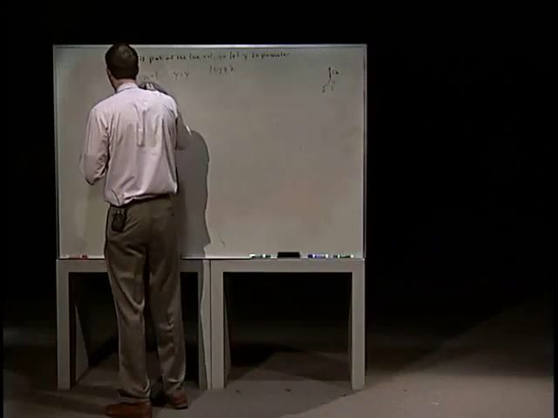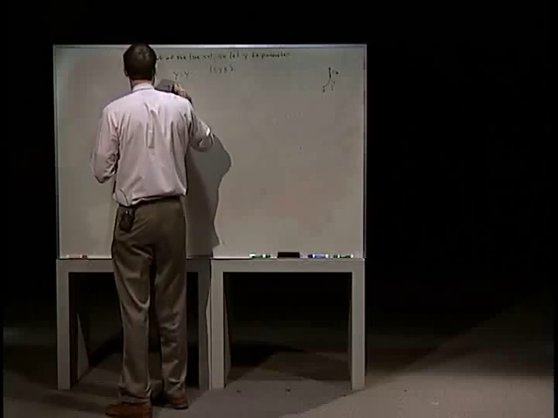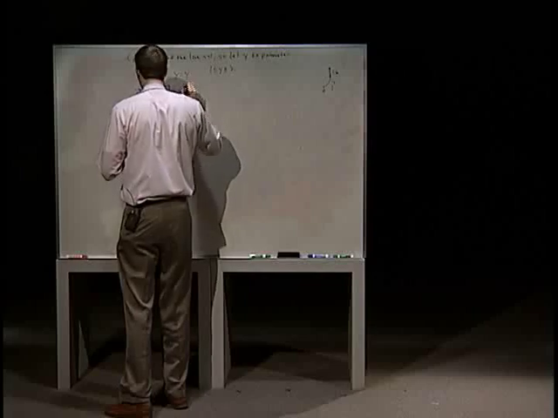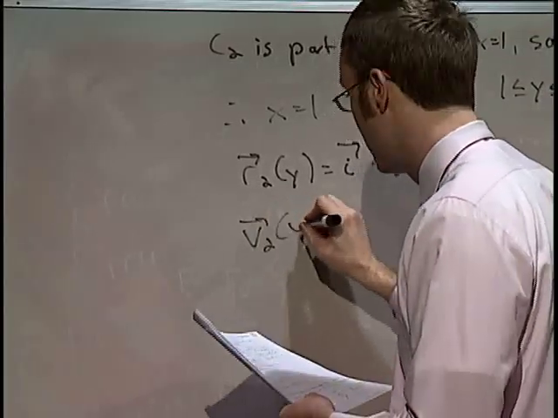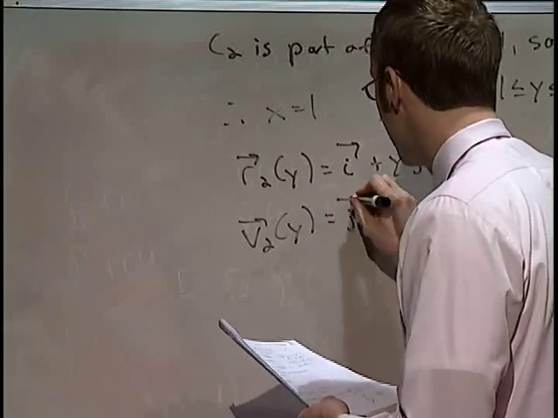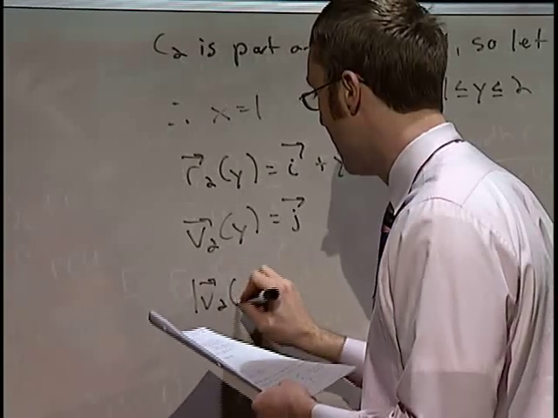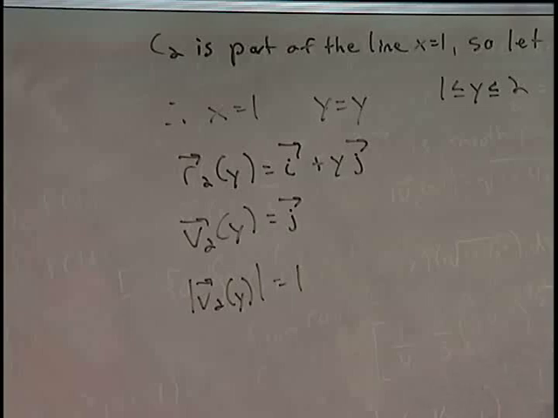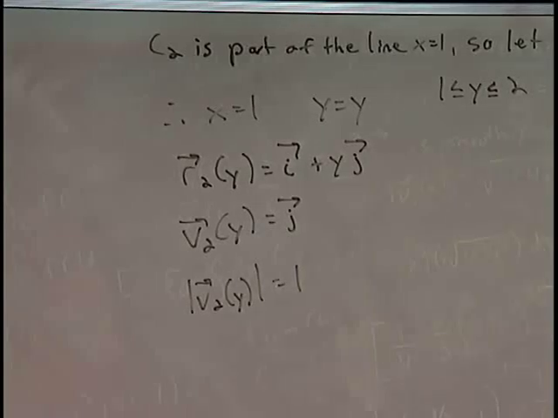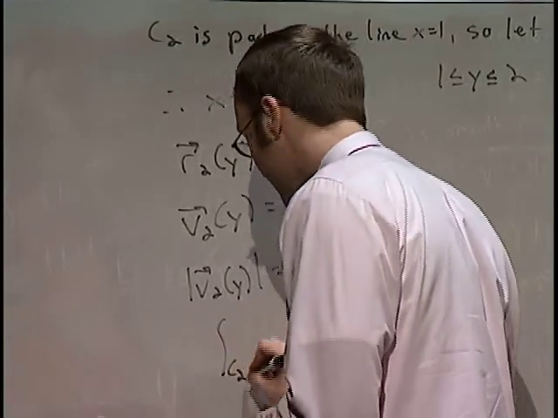And so our smooth parameterization, R2 of y, is just i plus yj, and our velocity vector of y is just j, right? And the length of that is certainly 1. Right? So there's our smooth parameterization of that vertical line segment. Okay? So as a consequence, C2